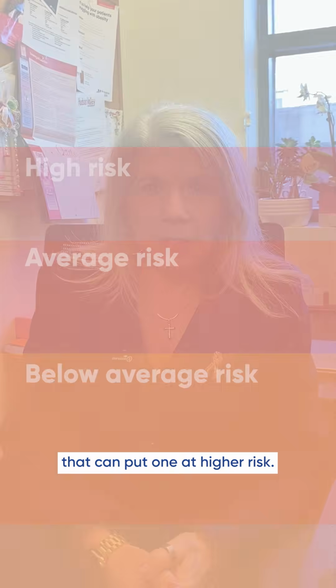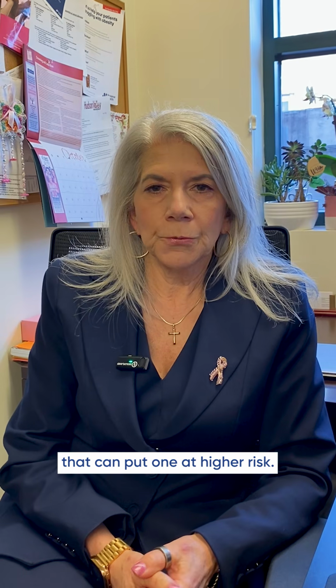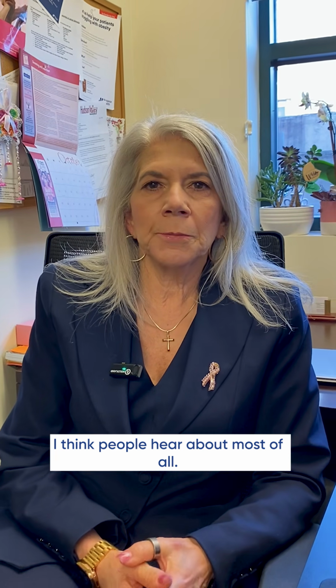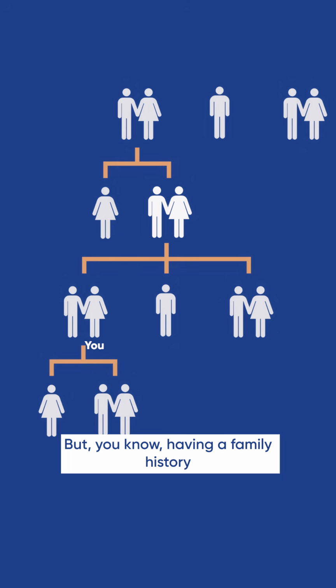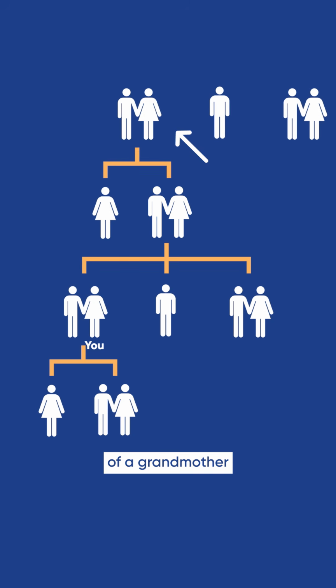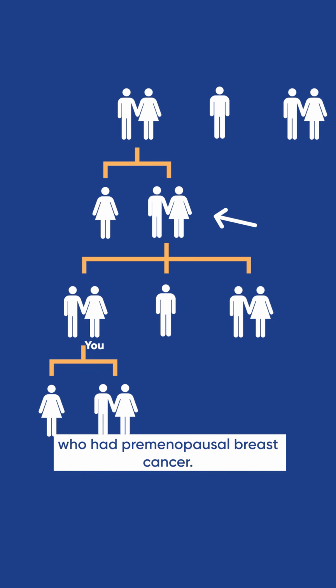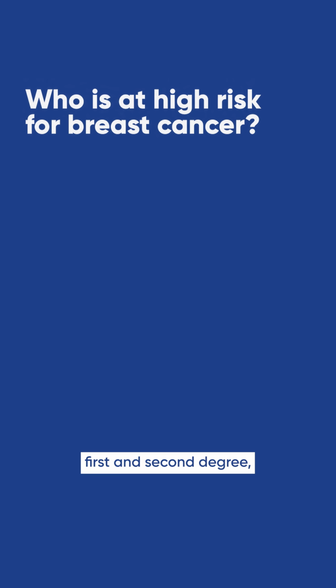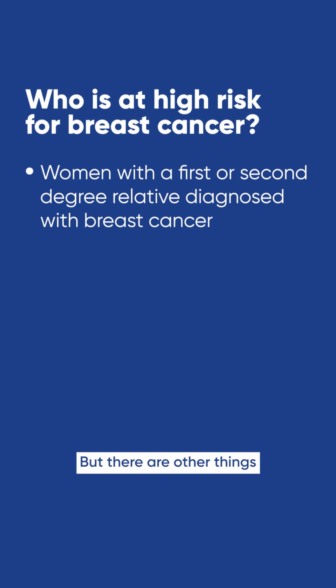So there are lots of things that can put one at higher risk. Number one is having a family history, and that's the one I think people hear about most of all. But having a family history of a grandmother that had breast cancer in her 80s is not the same as, for instance, having a family history of a mom who had premenopausal breast cancer. So we're looking for multiple relatives, both first and second degree, younger age of onset,